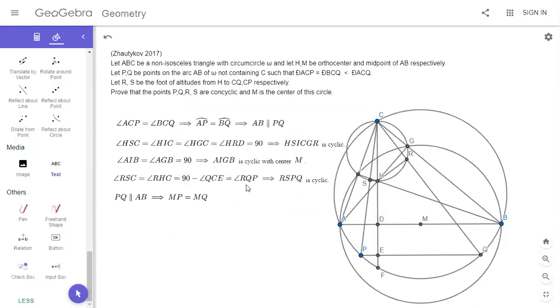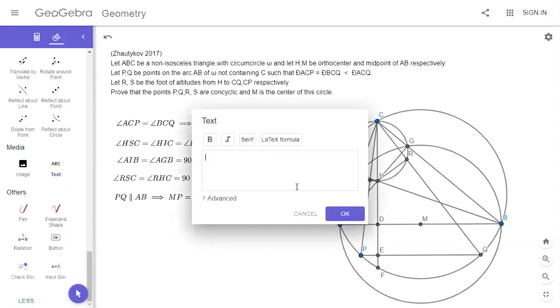So basically, yeah, since MI is equal to MG, if RS is parallel, so yeah, I'll just prove that here, but basically we have angle,